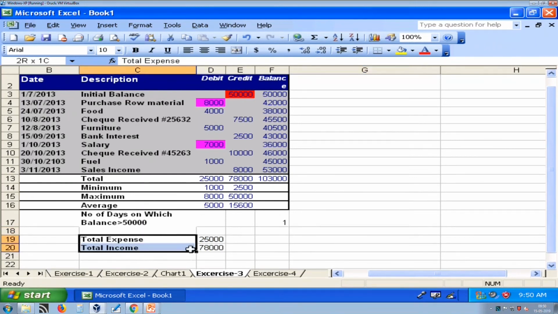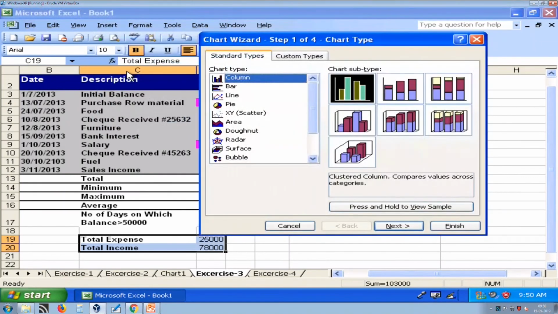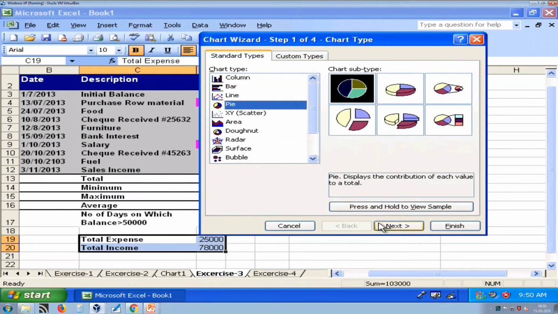Then select these two and press insert chart and then pie.